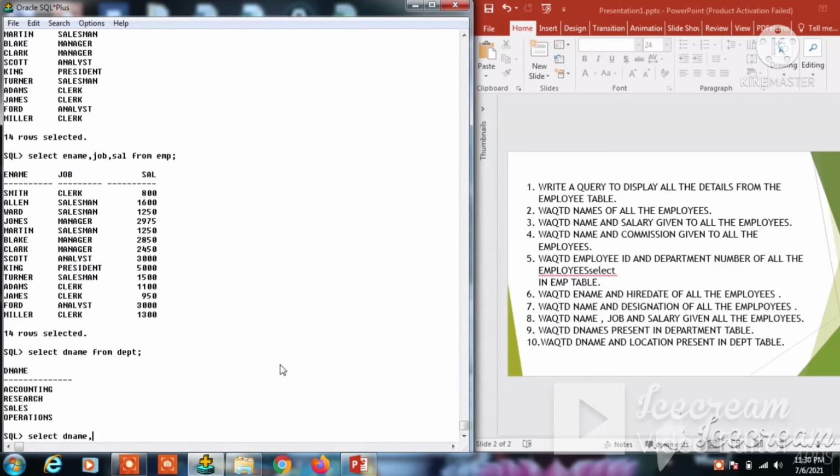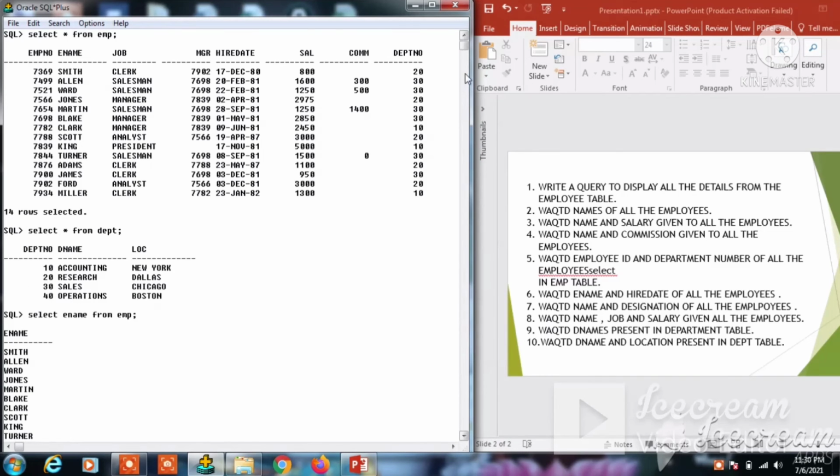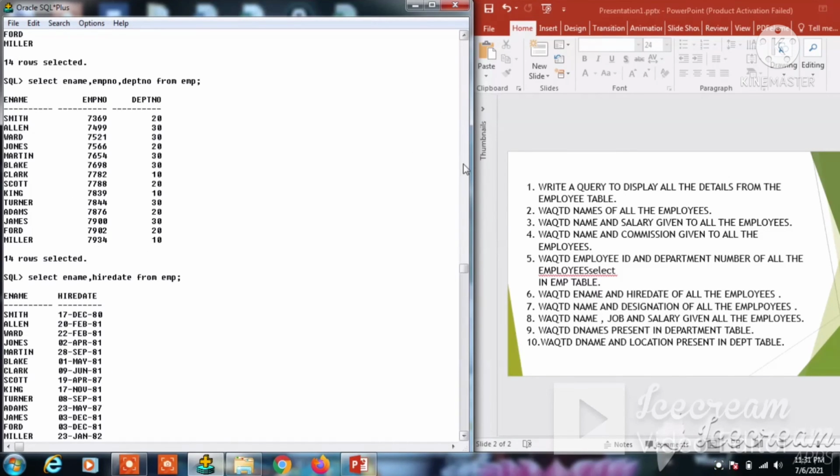Loc from emp. Sorry, here you see dname and loc do not exist: invalid identifier. If you give a wrong column name, there is no dname and loc in this table, so that is why it shows an error.